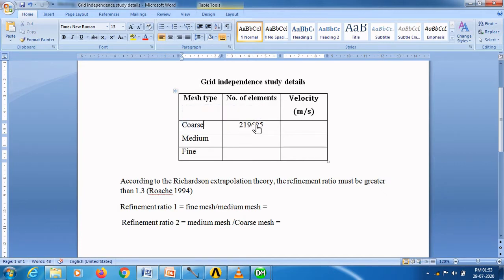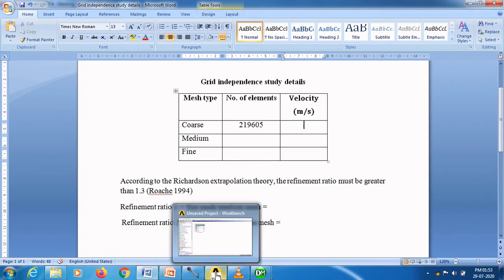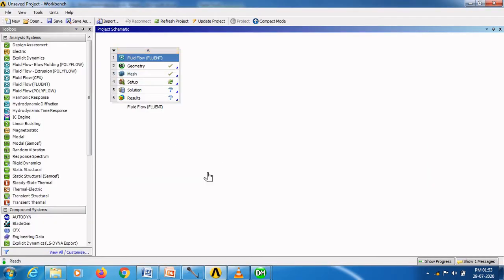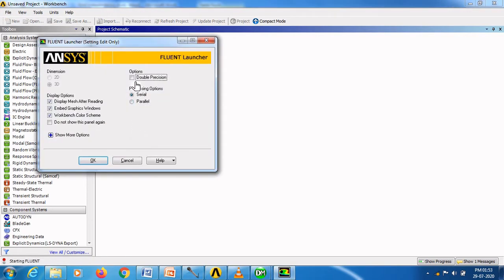Now we have to calculate velocity for these elements from the Fluent simulation, and go to the setup section. Here you have to select the double precision option. In the processing option, you have to select serial and click OK.